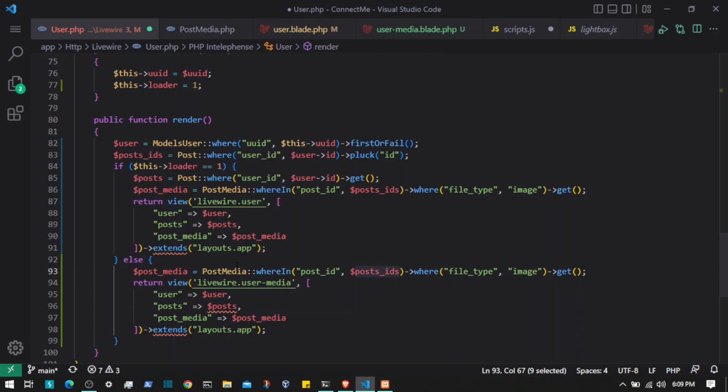So using that post IDs, I'm gonna search for the post in the post media, and I don't have to worry about the types. I'm gonna load the images as well as videos, and here we have the post media, right? This will return all the post media objects, right? So I'm just interested in the post IDs,